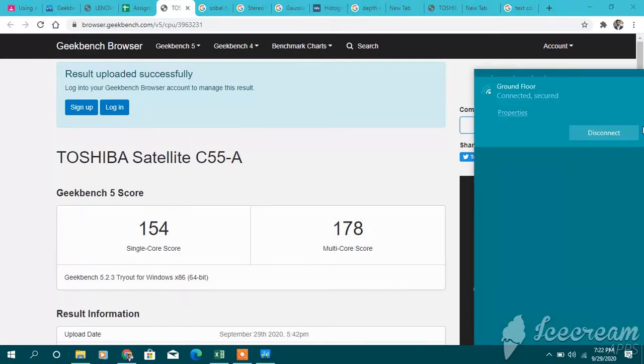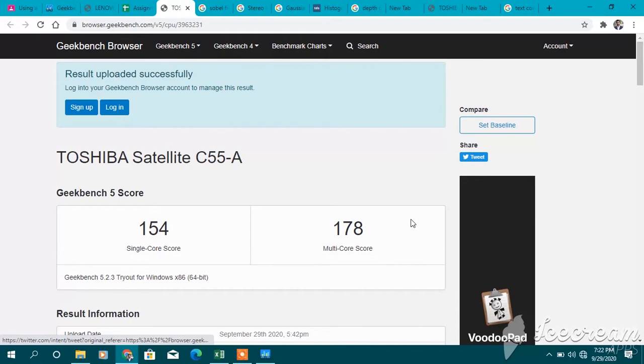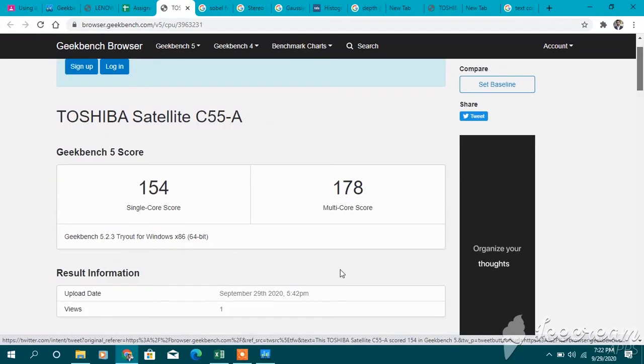The system is hanging right now. Well, here are the 150 single core score and the multi-core score. It is the GPU evaluation, all about the graphics of my system.